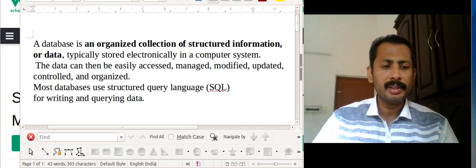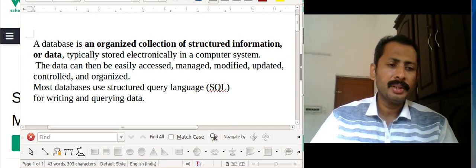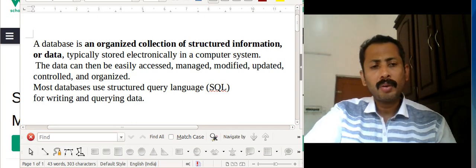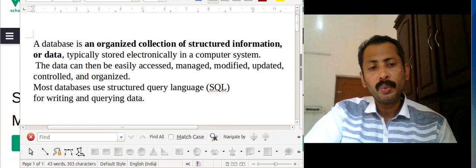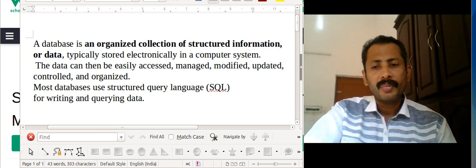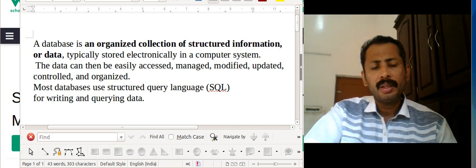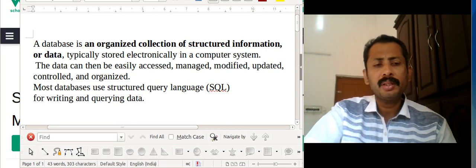We can create a database, then we can create tables, then we can insert data, we can delete data, we can select data. Also we can control which all users can use this data. So it is a multi-purpose query language, SQL. From 1986 we have this SQL.